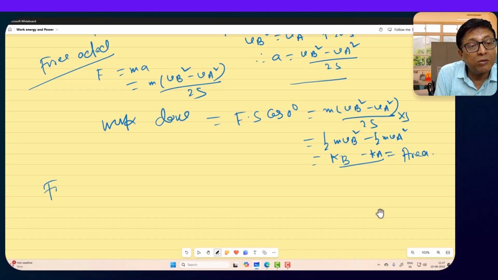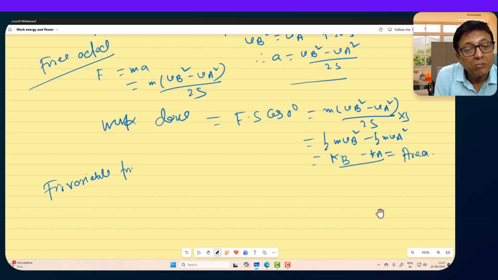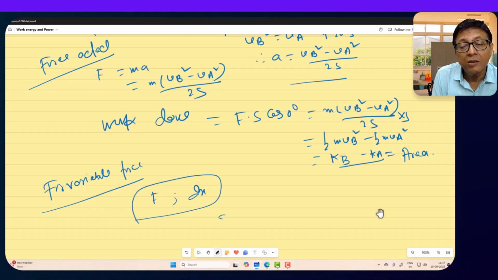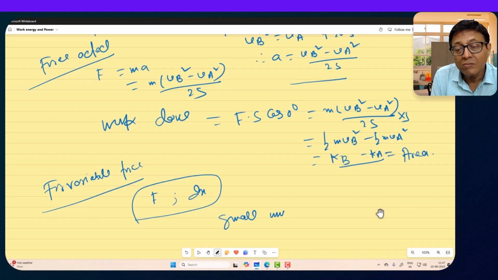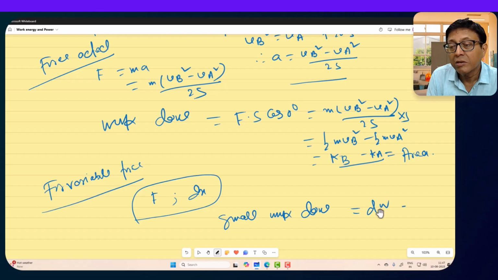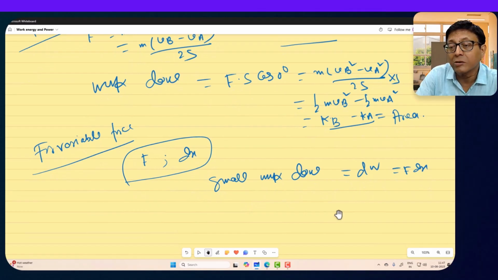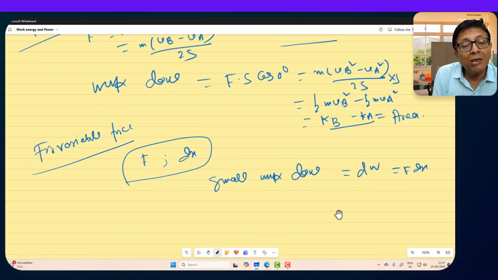Area for variable force. Let a variable force F act on a body to displace it by distance dx. Small work done will be what? dW equals F dx, F into dx. Imagine that displacement is along the direction of force applied. So net work done